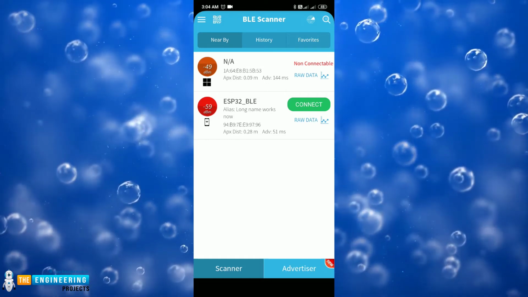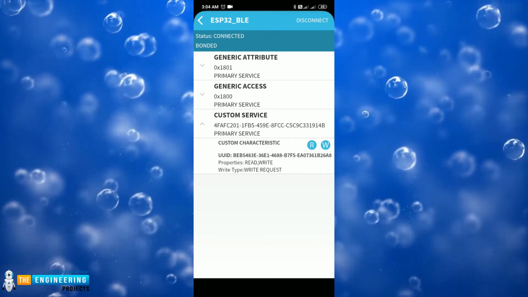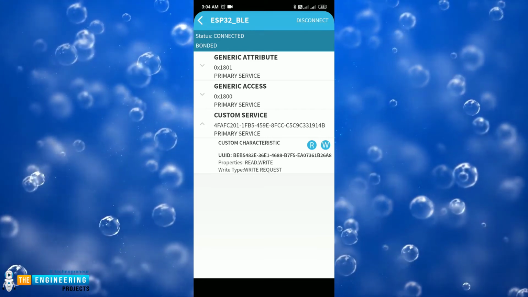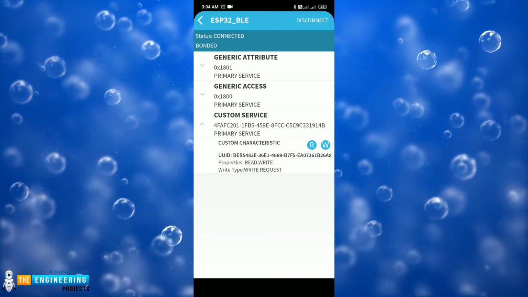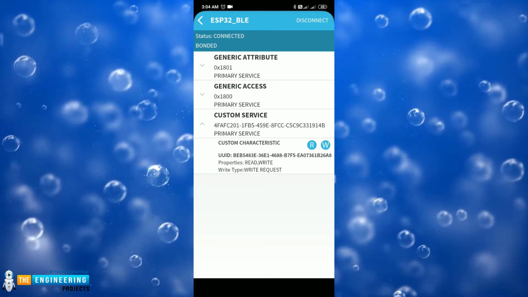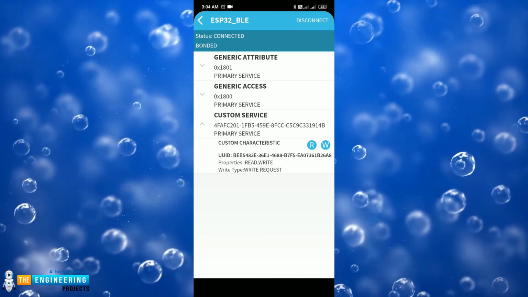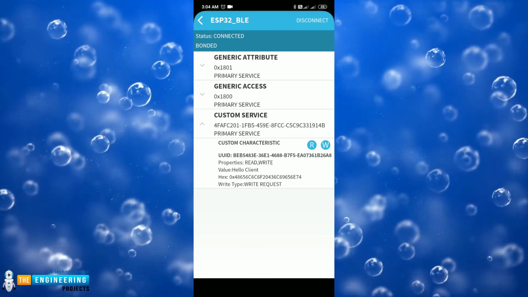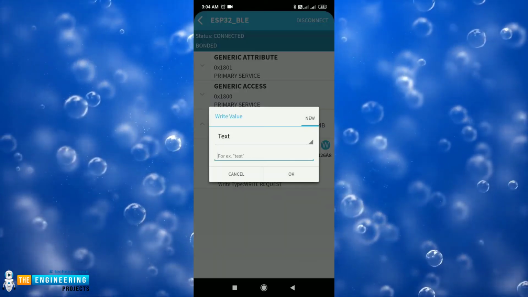Click on connect, then custom services. First check the status on the top left corner, that is connected. Now inside this custom services, you can see these two icons, that is R and W, which means read and write. These are the properties we have enabled. If you want to read a message from the server, then click on R. So hello client is the message sent from the server device. And if you want to write a message, then